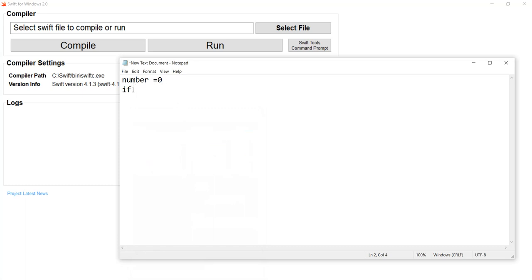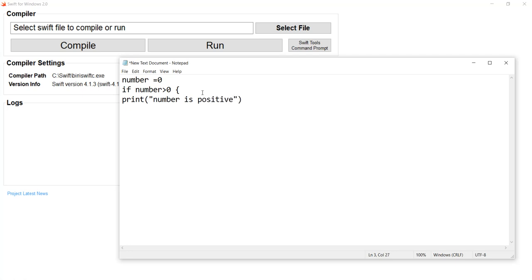Now we are going to the if part, which starts with an if keyword. Then you are going to put the check condition. We are just going to put if the number is greater than 0, and if the number is greater than 0, you are going to output that the number is positive.